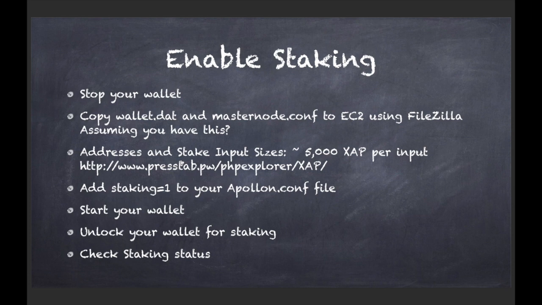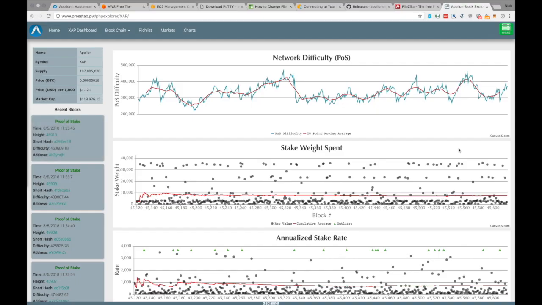And there's a lot of talk about how many addresses you should use and the input size of these stakes. That's also for another video, but as a rule of thumb, what I've been doing is 5,000 XAP per input, and I have them all in one address. You could easily have multiple addresses with one single input of 5,000 or in that area. There is a resource that we have available. Go there and you can see basically what is the average size of the input sizes that are staking. So here, if we quickly look on this site, you can see the stake weight spent. The red line is the average size. You can see it's about